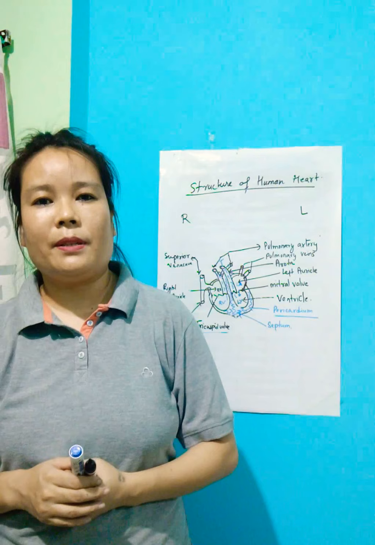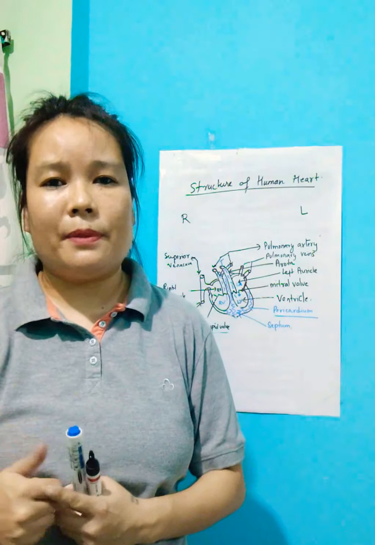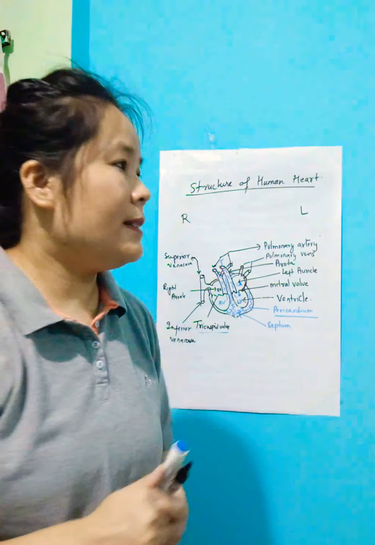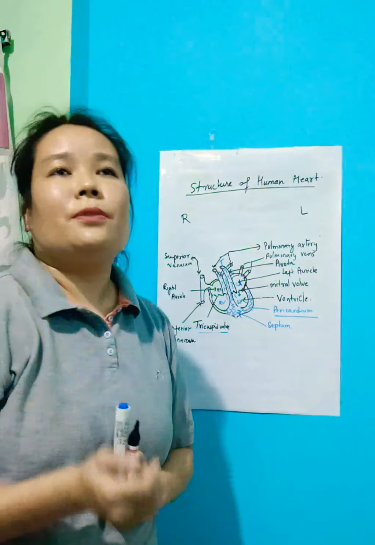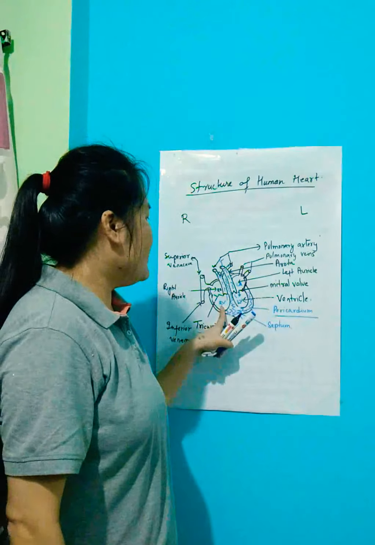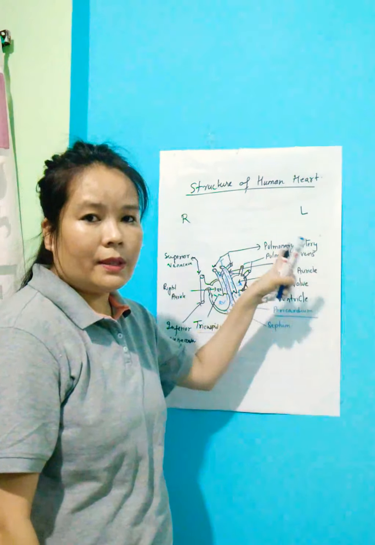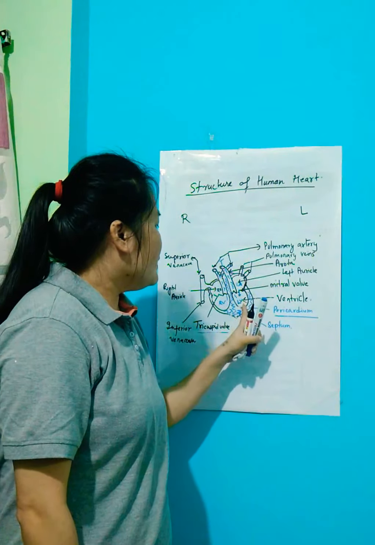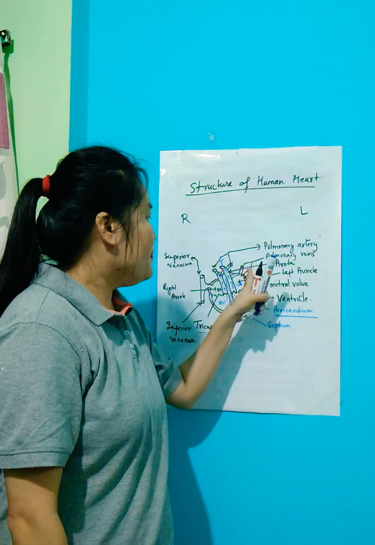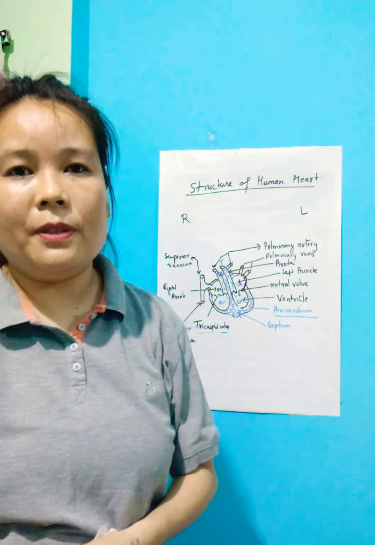You have to remember that the lower and upper chambers are connected to one another with the help of the valve, as well as how they are connected to the lungs. First the right ventricle, with the help of the pulmonary artery, and here the left ventricle sends the blood to the different parts of the body with the help of the aorta.